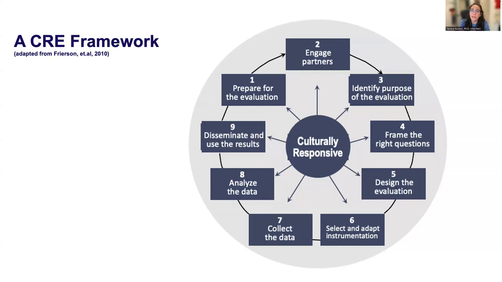The next step following that is identifying the purpose of the evaluation, framing the questions, designing the evaluation, all these key concrete steps along the way. But at the center, there's this big circle of cultural responsiveness. And what that means is that as you're preparing for the evaluation, let's go back to step 1. As you're preparing for the evaluation, you're actually planning the core pieces of the evaluation design with consideration of what works for the people that you're trying to reach. And it's a little bit hard to illustrate that without the example, and I have an example later on